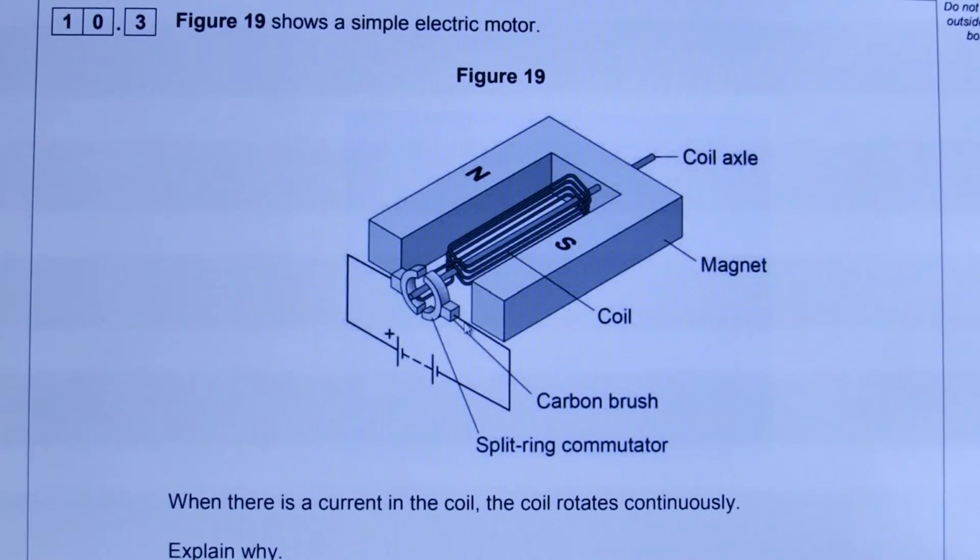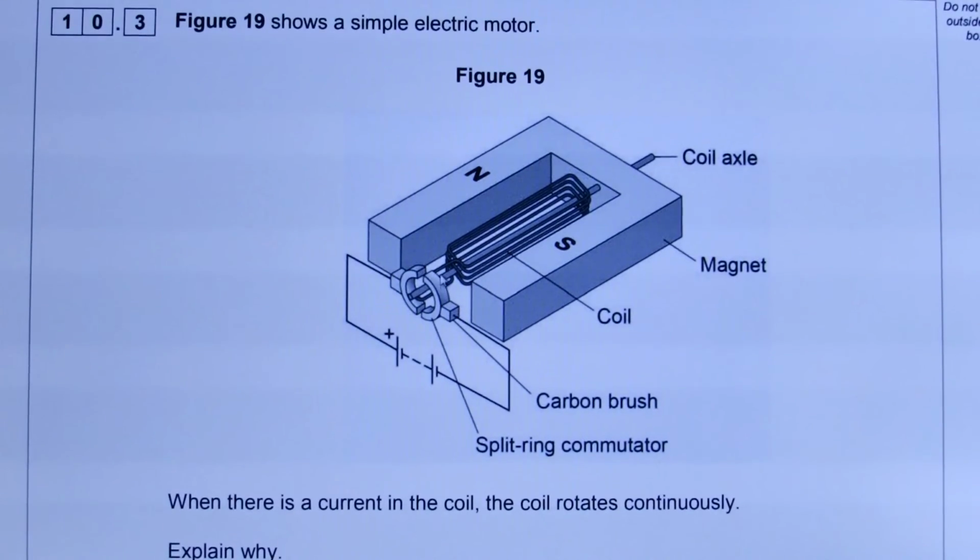The current will flow... Man, that's an ugly drawing. Current flows from positive to negative. The electrons are flowing from negative to positive. Because fuck you all, that's why. Current flows from positive to this half of the split ring commutator to whichever... So where's the carbon brush pointing at? I think it's meant to be pointing at one end of here, I don't know. To whichever end of the coil is in contact with this side of the split ring commutator,